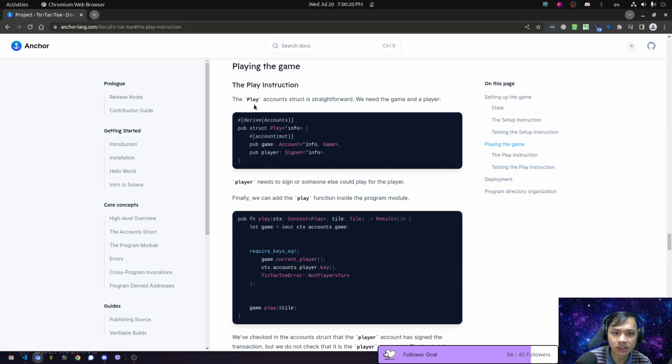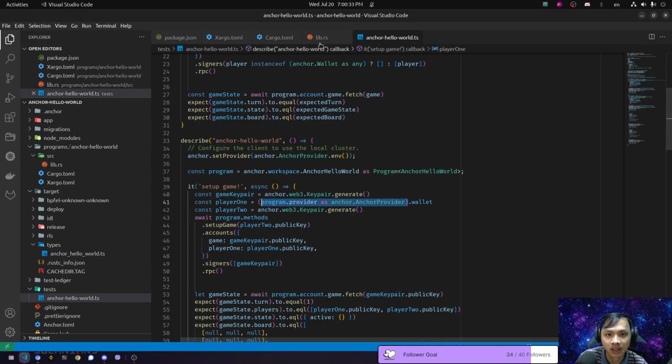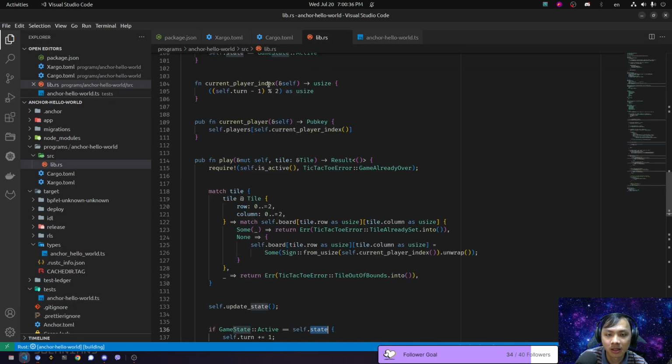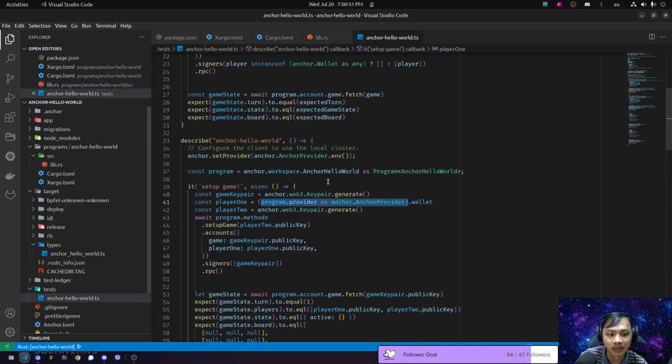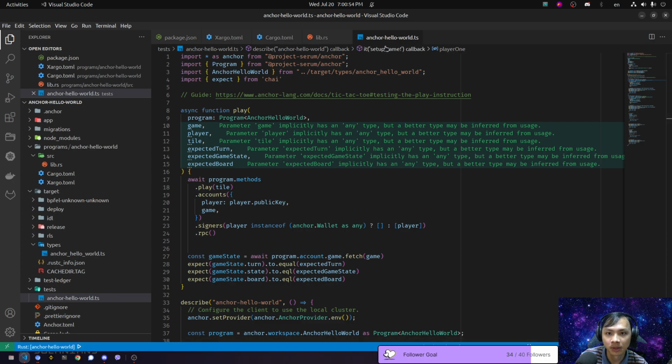So the play instruction, let's start from this context. Playing the game. So how do you play the game? We're building a tic-tac-toe application on the smart contract on Solana, and we are using the Anchor framework to do testing from a client perspective, right? We're building the smart contract, or the game application itself, built using Rust, and it's operating on the Solana network. But we're using TypeScript as its client, right? So on the TypeScript unit test, or test basically,